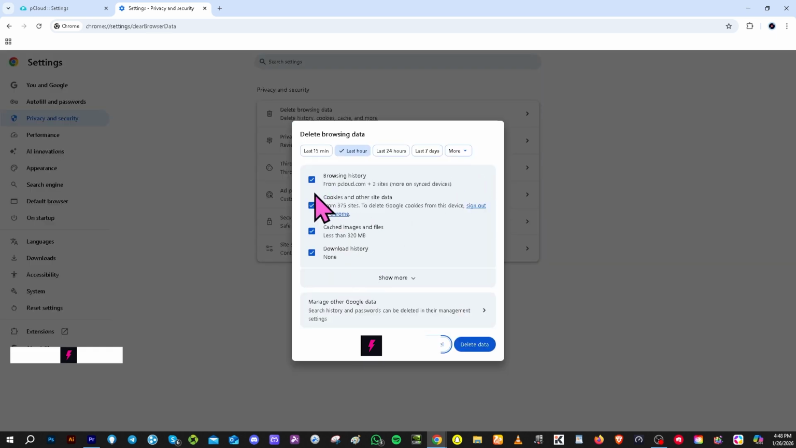Now, you don't have to delete the browsing history, cookies, and download history. All I have to do is super simple. Just click the box that says cached image and files. All I have to do is delete data. It's super simple. Because once you've done that, what will happen is that